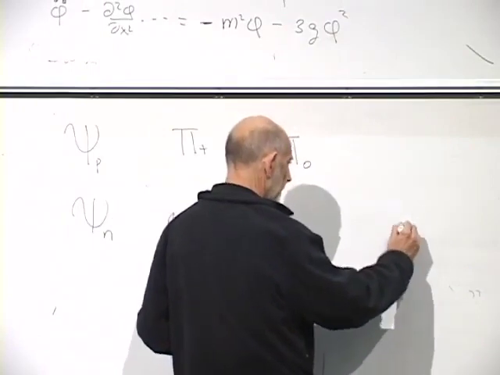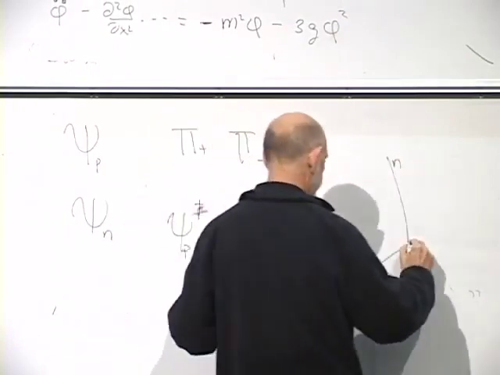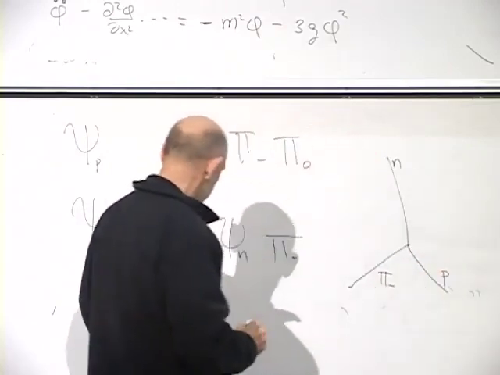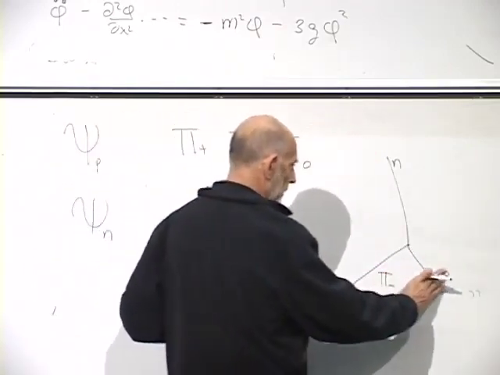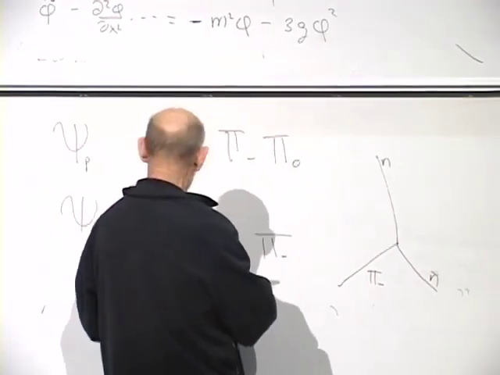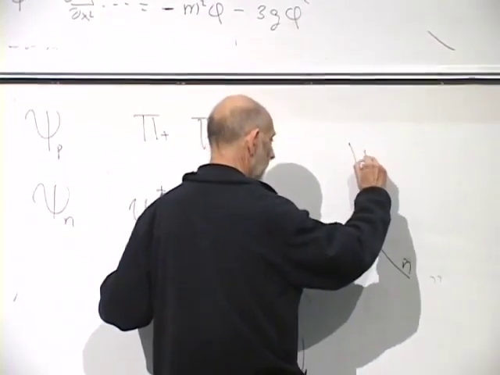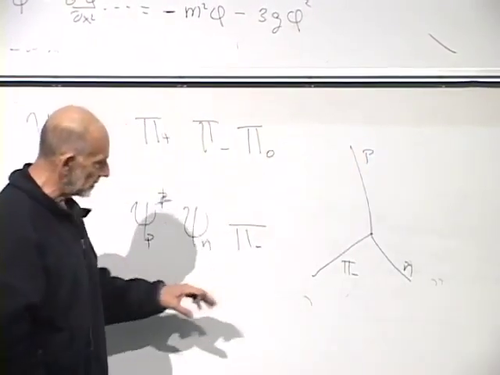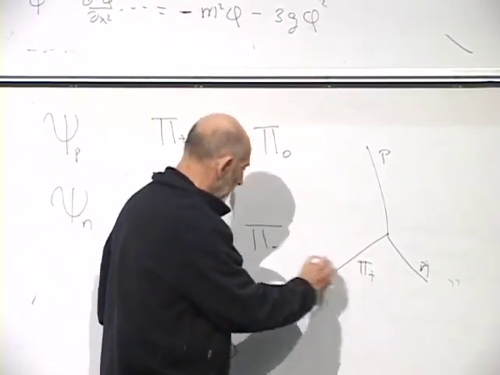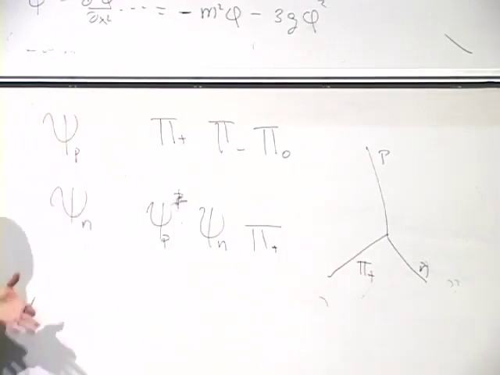emits a neutron, and absorbs a proton. Do I have that right? No, I don't. Absorbs a neutron and emits a proton, and this does not look possible because it looks like a negative charge went to a positive charge, so I think I want a pi plus here. Okay. This is one interaction which occurs in nuclear physics.